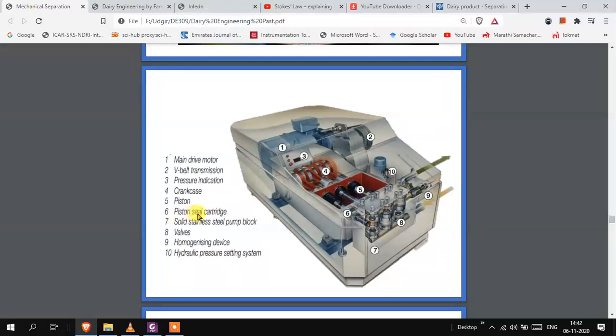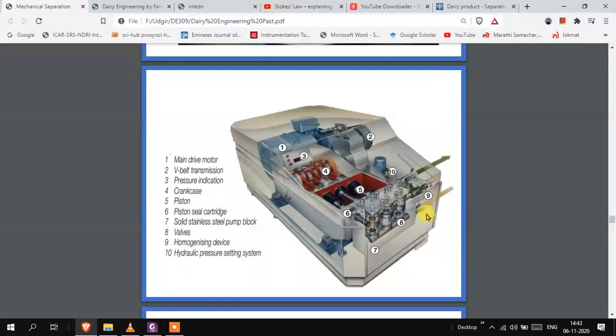देन 6 इज द पिस्टन सील कार्ट्रिज। तो यहाँ पे सील कार्ट्रिज होती है, ओके, इन पिस्टन्स में, जो कि क्या करती है, मिल्क लीक नहीं होता इस पिस्टन में। ओके, नंबर 8 इज दी वॉल्स। तो यहाँ पे एक्चुअली वॉल्स होता है, ओके, इस पोजीशन पे आपके वॉल लोकेट होते हैं। तो अगर सिंगल स्टेज होमोजेनाइजेशन होगा तो उसमें एक ही वॉल लगा होगा, और अगर 2 स्टेज होमोजेनाइजेशन है तो उसमें 2 वॉल्स लगेंगे। सिंगल स्टेज और 2 स्टेज क्या होता है आगे डिस्कस करेंगे। सो दिस इज द पोजीशन ऑफ द वॉल।